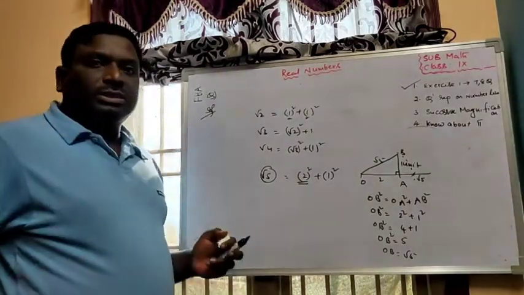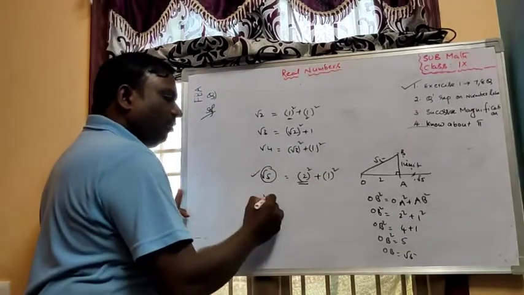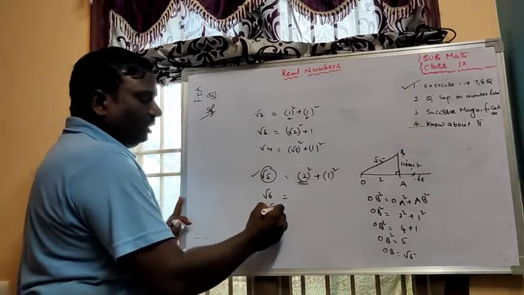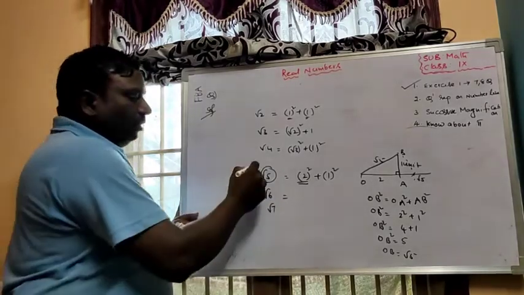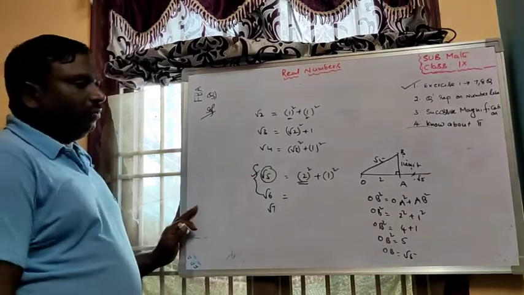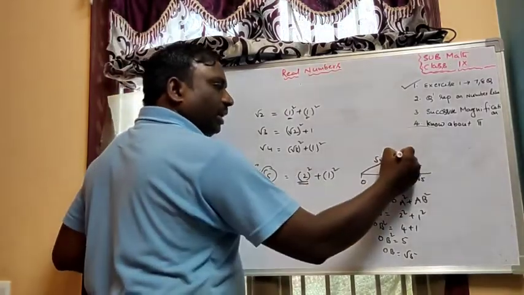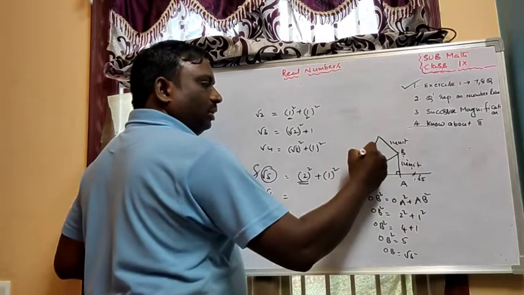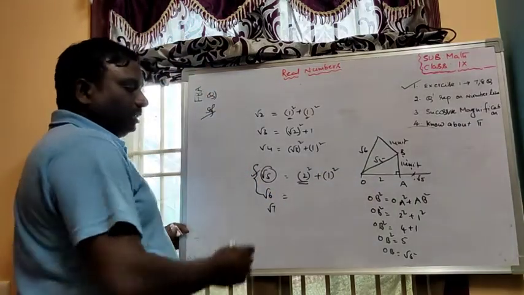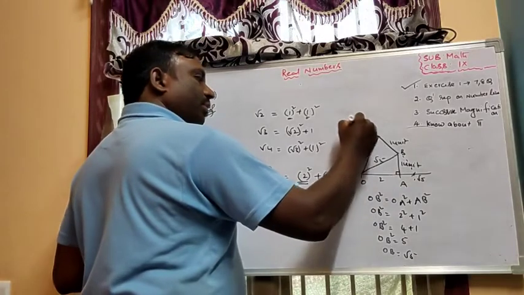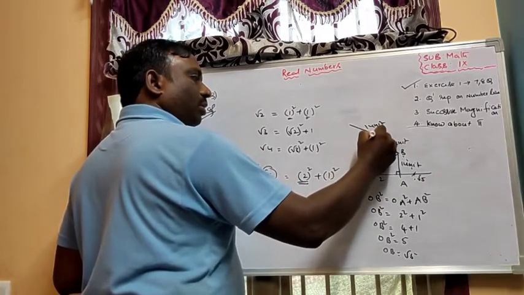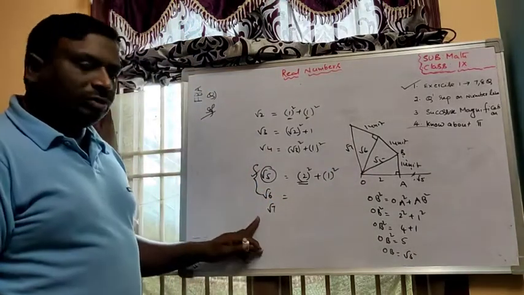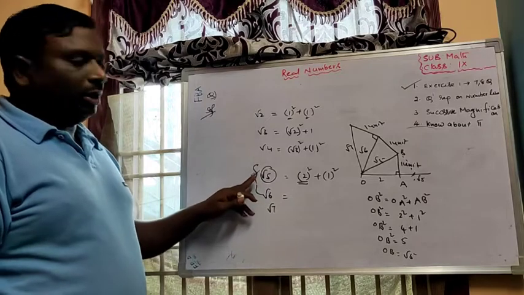What about root 6? To find root 6, definitely you should start from root 5 onwards. To find root 7 also, you need to find first root 5 and root 6. After that, to find root 6, again you can make a perpendicular of 1 unit, join here, then this is root 6. To get root 7, again 1 more unit perpendicular, and join here, this is root 7. To get root 6 and root 7, definitely you need to start from root 5 onwards.